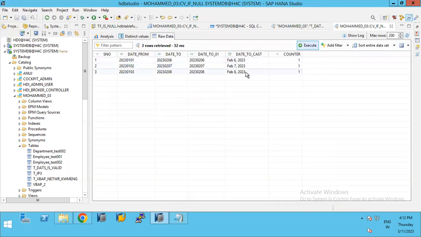See here, I have created a new field, date to cast. So I have used the cast keyword. Sorry, I have used a date conversion. So I have written the field name like this. Here it's taking the value from date 2, but it's not displaying in the string data type. It's displaying the date format with the data type date, which means 6th of February 2023. See, 2023, February 6. So if you want to change the data type, you can use